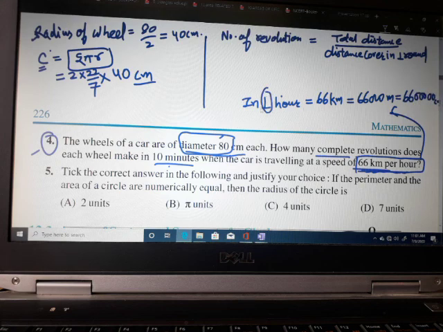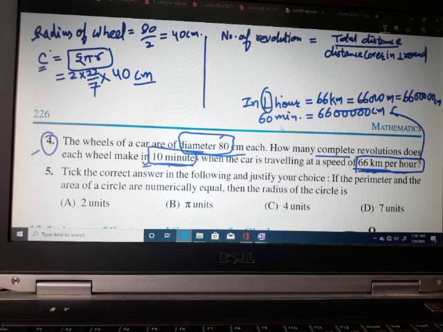That is the distance covered in 1 hour. That is, 60 minutes is equal to this distance in centimeters. So you have to find out the distance covered in 10 minutes. So for 1 minute, divide by 60, and for 10 minutes the total distance covered will be